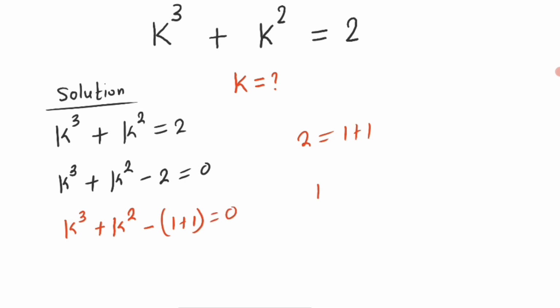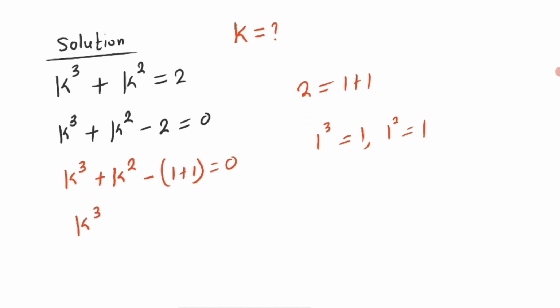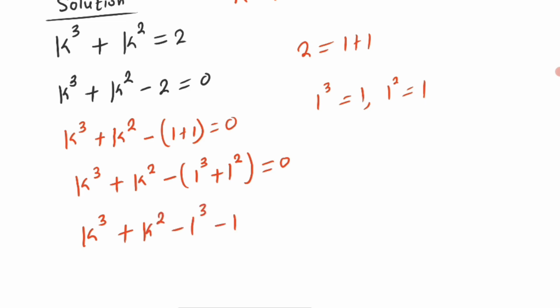Also, if you have 1 raised to power 3, this is equal to 1. And if you have 1 square, this is equal to 1. So this can be written as k raised to power 3 plus k square minus, this is 1 raised to power 3 plus 1 square, is equal to 0. Let us open the bracket with this negative. Here we have k raised to power 3 plus k square minus 1 raised to power 3 minus 1 square